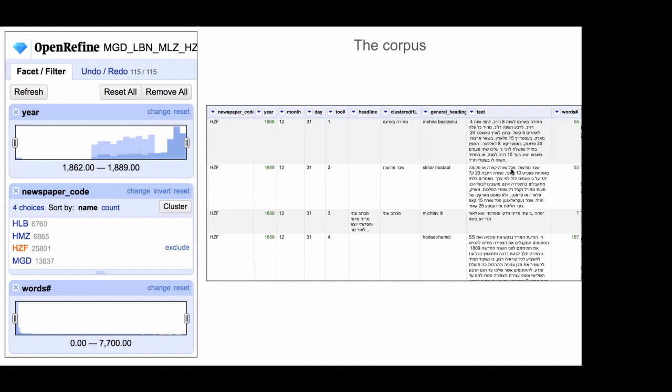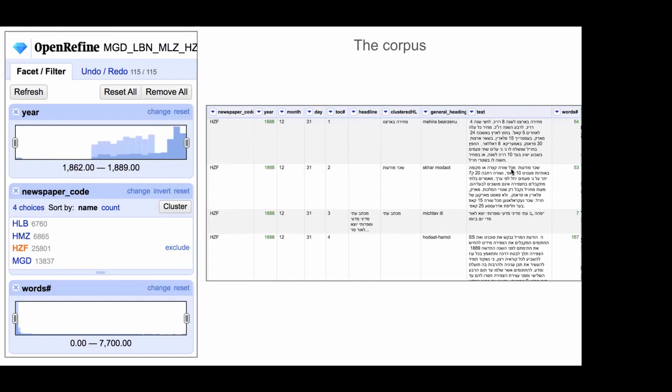But as historians, many times we would like to have smaller research units that are not like the year or decade or the month or the issue, but a specific section of the paper. So we would want to see, for example, how much Russia, or Bismarck or Gladstone are mentioned in the news, or how much they are mentioned